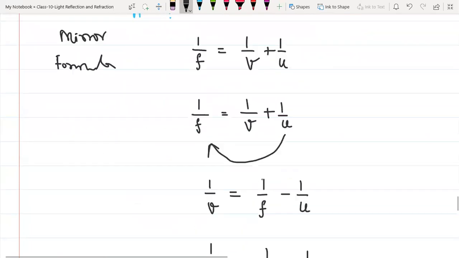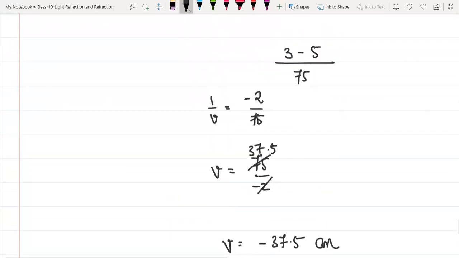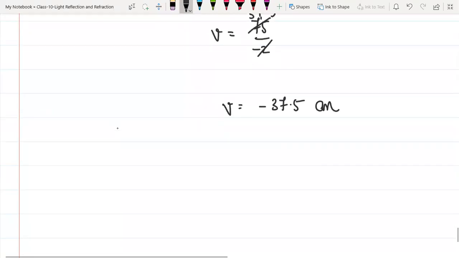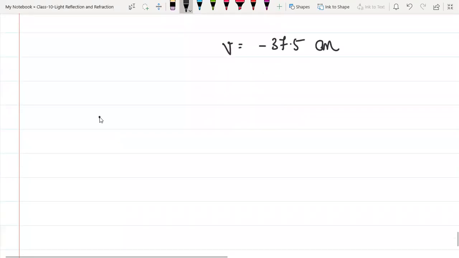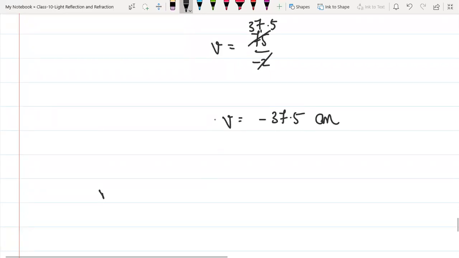Okay. So like that you have to find the V value, and at last we have another formula, that is to find the H value. That we'll discuss later. So until here, please have an idea.